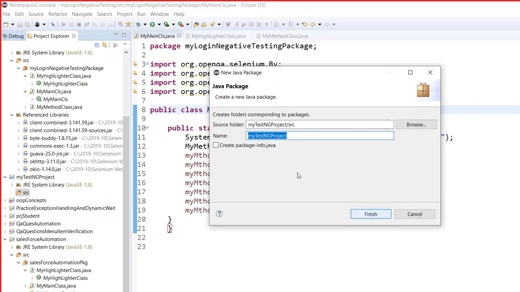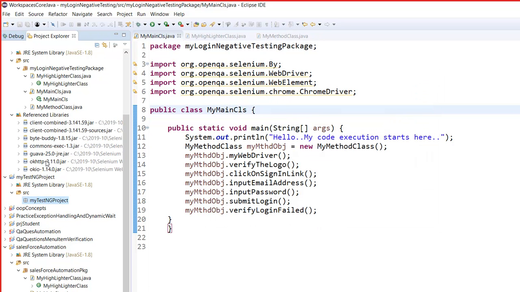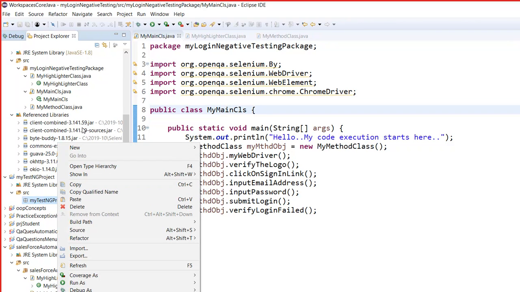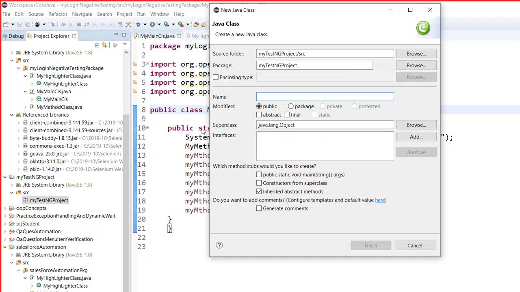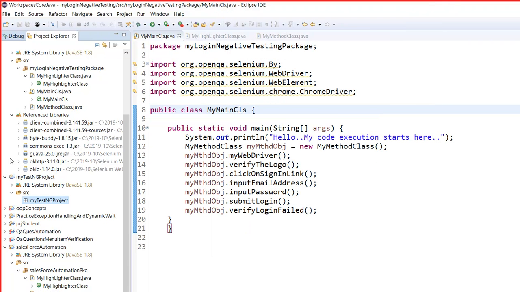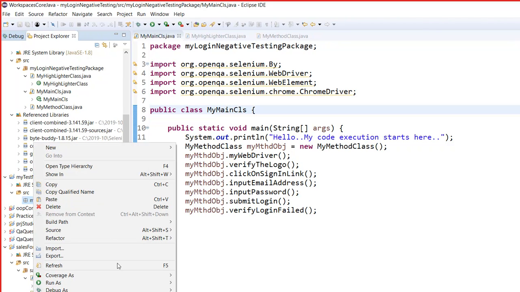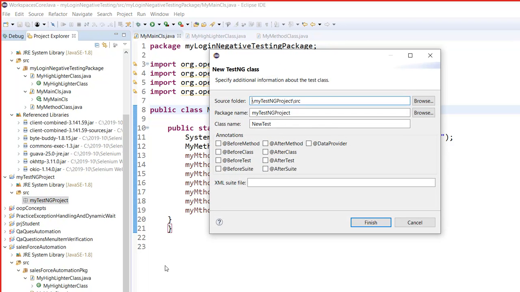I'm going to name any package, that's fine. And inside the package, I'm going to create a new class. Let me see, what class do I have? No, not this class. I am going to create a TestNG class, right? I'm going to name the class name as new